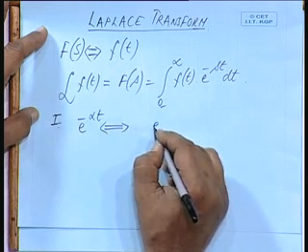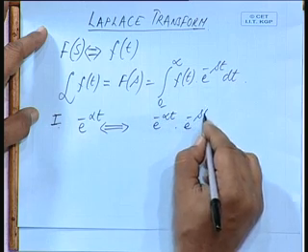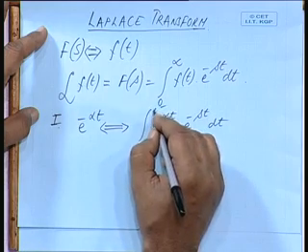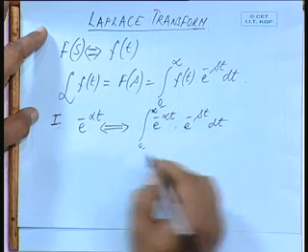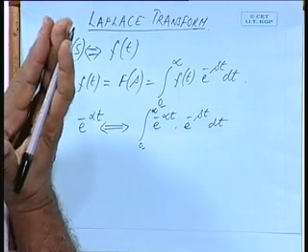So, e to the power minus alpha t into e to the power minus s t dt from 0 to infinity. When we write 0 minus, that means the function is taken only from t equal to 0; before that it is not existent. So, we take up only those functions which exist only in the positive region of time. This is s plus alpha